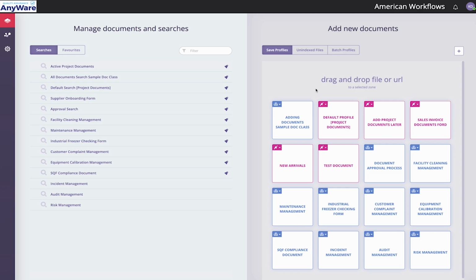Now, within quality assurance anywhere, we search using basically saved searches on the left, as you can see right now. These searches can be configured to be as general or as wide as you like. And then on the right side,